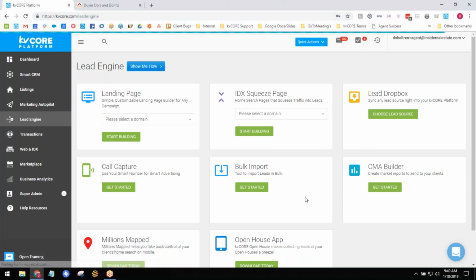I think I might have shared some resource documents with you with 24 ways to grow your sphere. I'm going to see if I sent that over to you, because I send that stuff out so often. I'll also send over a 10 by 10 worksheet, which goes over 10 rows and 10 ways on how to build your sphere. It helps you think about who could be part of your sphere. It's a great tool, especially for newer agents, so that we can build that CSV file, build that export file, and get them uploaded to our database, because we want to see those lead imports, and we also want to see any syndication that you're using, like Zillow or Realtor.com, sent to your CRM.